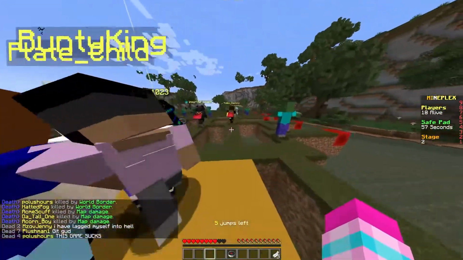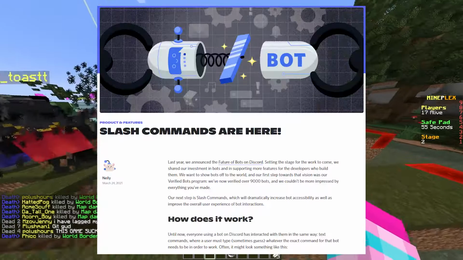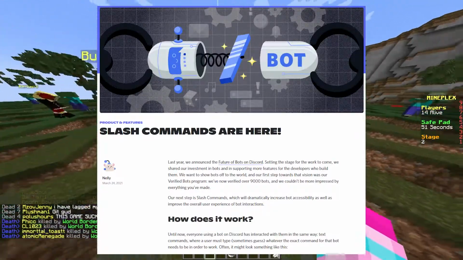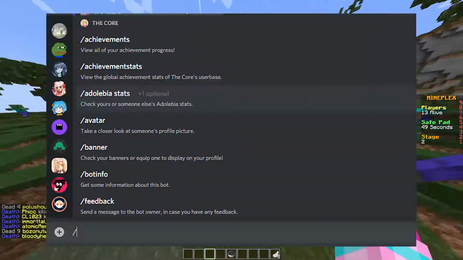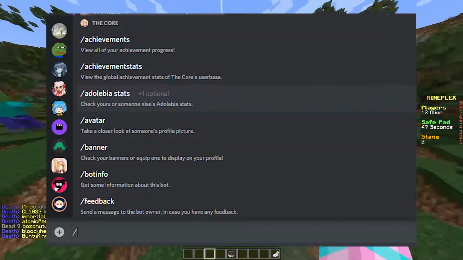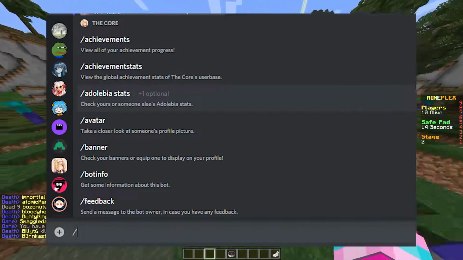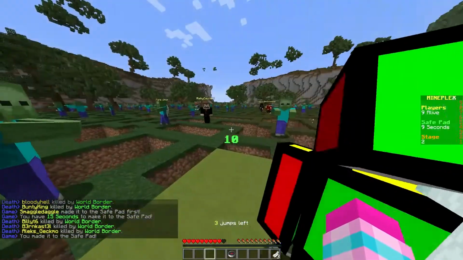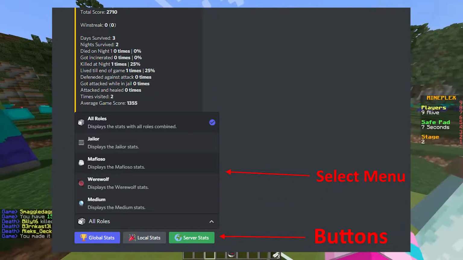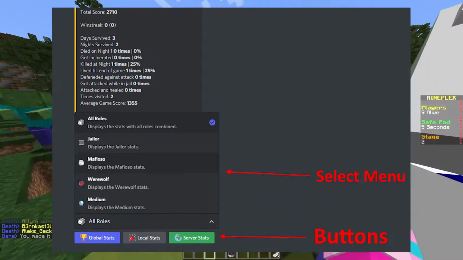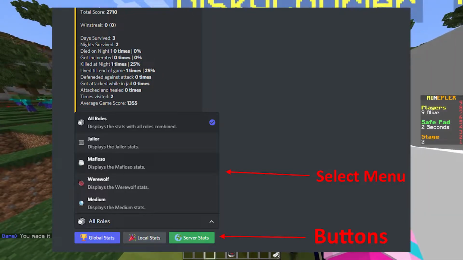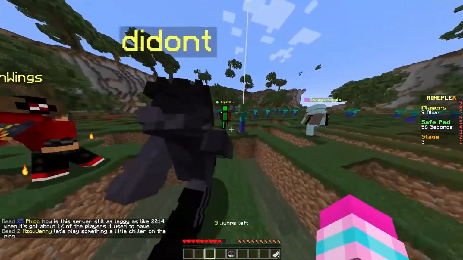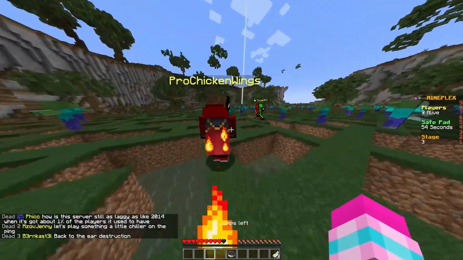If you didn't know, last year Discord released slash commands. Slash commands are commands Discord itself recognizes that Discord bots can set up. You can see slash commands by typing a slash in chat. Discord opens up a list of available slash commands that you can use. These slash commands also came with interactions, which added buttons, select menus, and other cool stuff that your Discord bot can use. The issue, however, is that these slash commands work completely differently compared to the way bot commands used